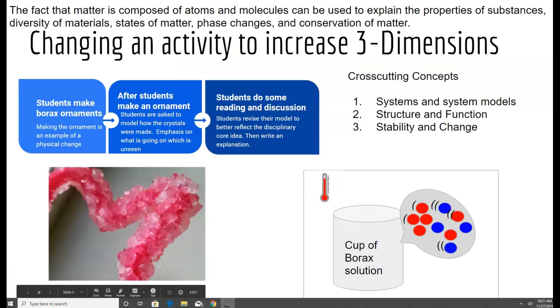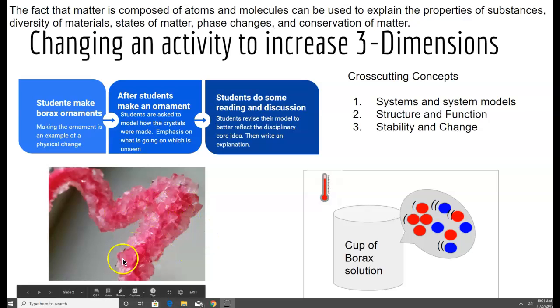So recently, my students in class made borax ornaments. So we took a pipe cleaner, and they shaped it however they wished. And then we took a cup or a jar and we put some hot water in the jar and added some borax to it. Students mixed up the borax and then dipped in their pipe cleaner. We let it set undisturbed for a few days, and the students had crystals form on their